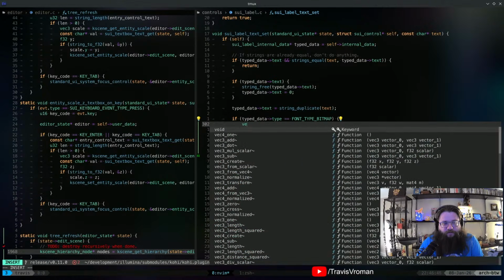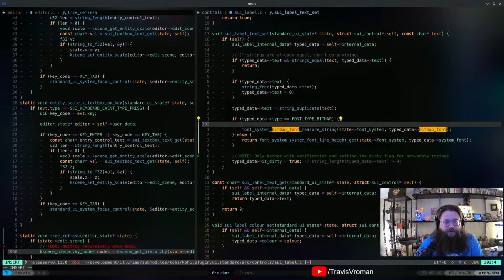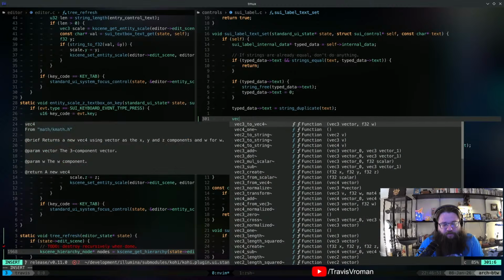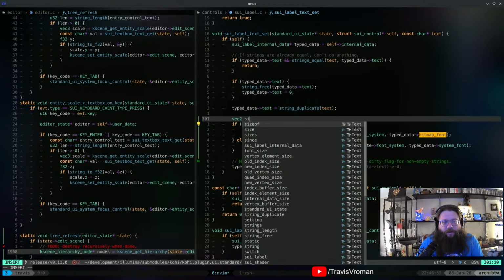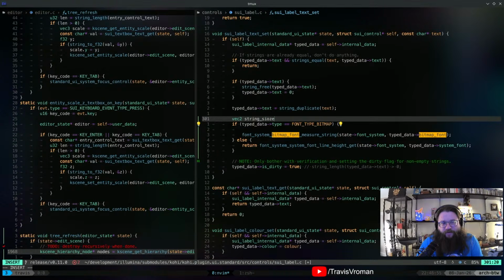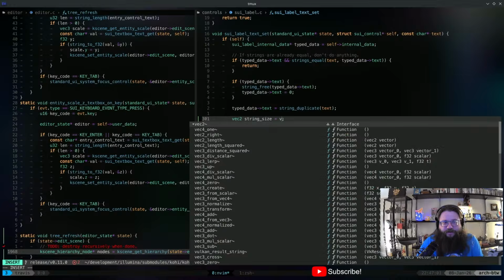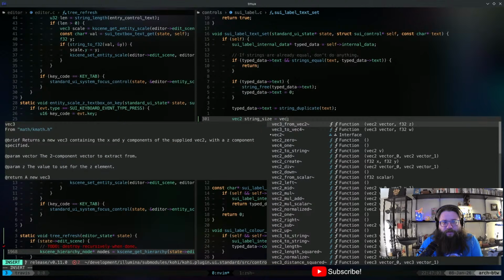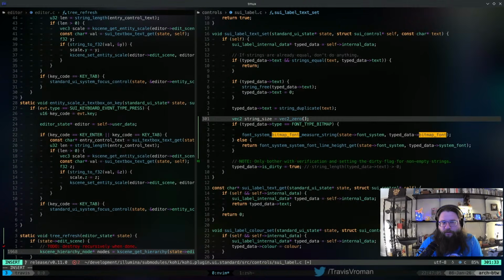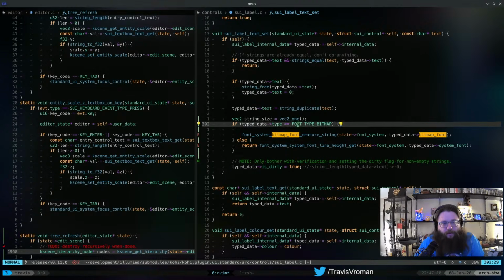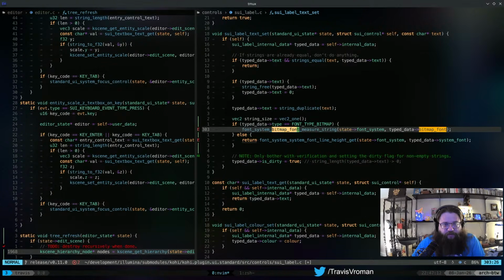So we'll do vec2 string size, and we'll just set that to vec2 zero just to be safe, or I guess we could use one just so we've got something.